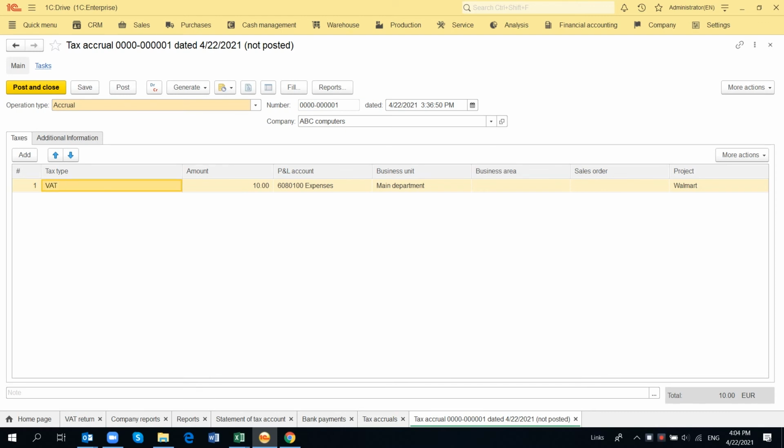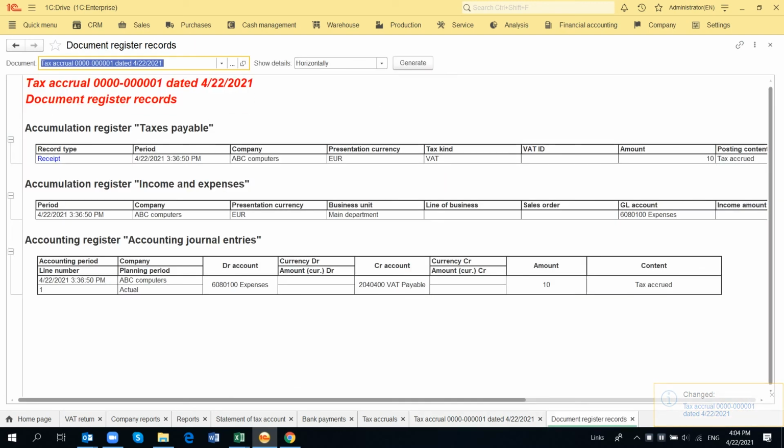and here we can generate a tax accrual for VAT. Here we see the amount of 10. Say we know that we need to pay, so this is another tool. When we post the document, we see the entries of VAT payable, and please forgive me for the debit account, it was just for example.